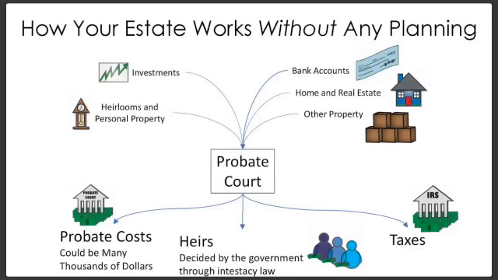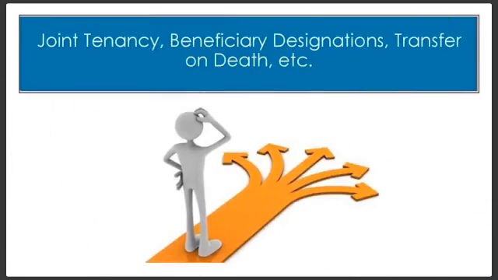It's going to, again, all be determined by the probate court according to Colorado law. So things are just kind of left hanging in those senses. The next one we talked about is using joint tenancy, beneficiary designations, transfer on death, etc. These are actually quite common as well. People will want to do these things. However, they still leave a lot of things up to chance or various things.